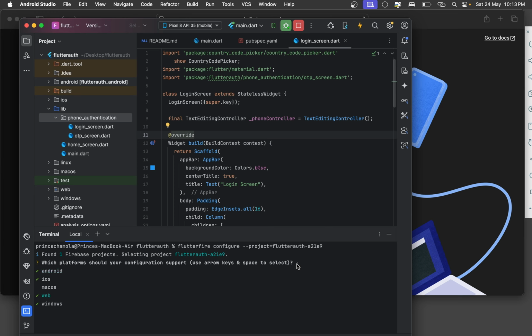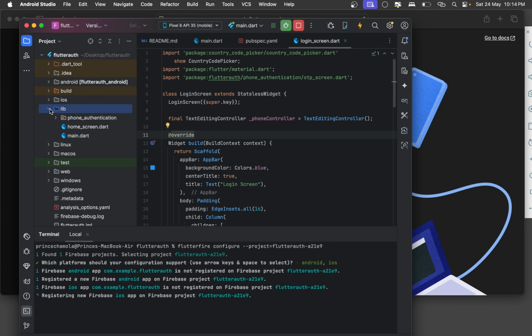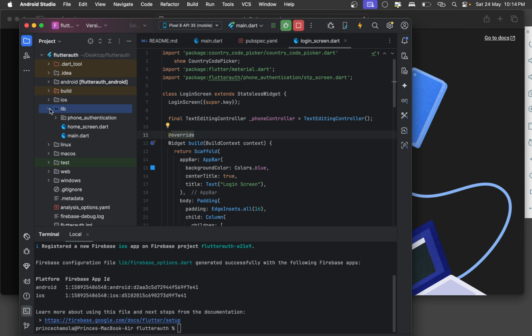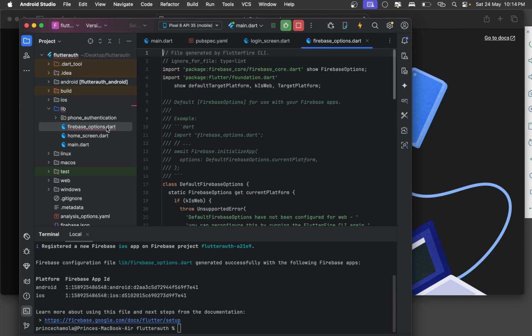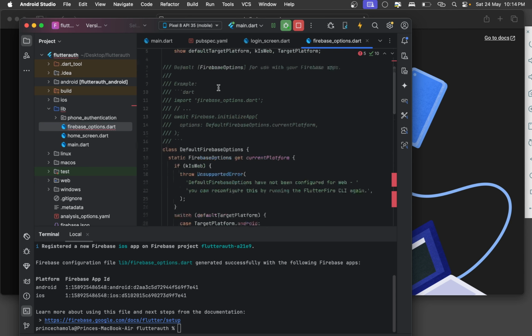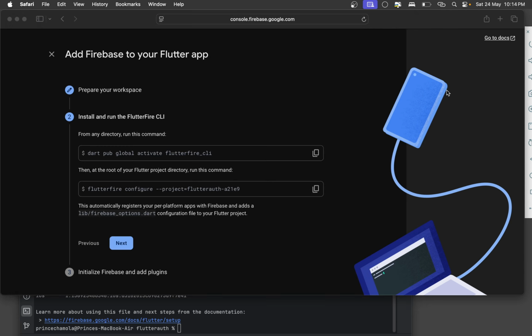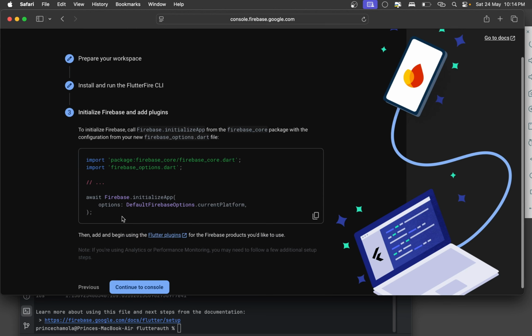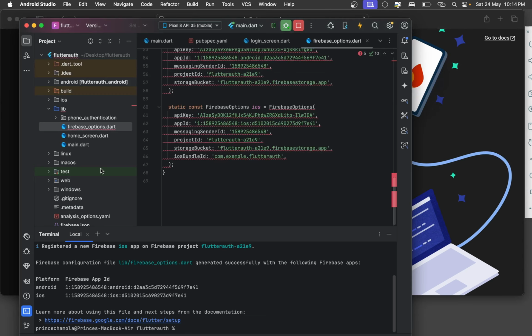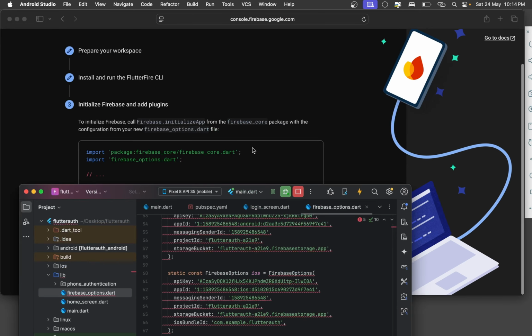Now I will select the devices in which I want that app. For now I'm selecting only Android and iOS, so I will click enter. As you see now, this Firebase options file is generated successfully. So I will click next and I will copy this, and as you see here it is showing me that